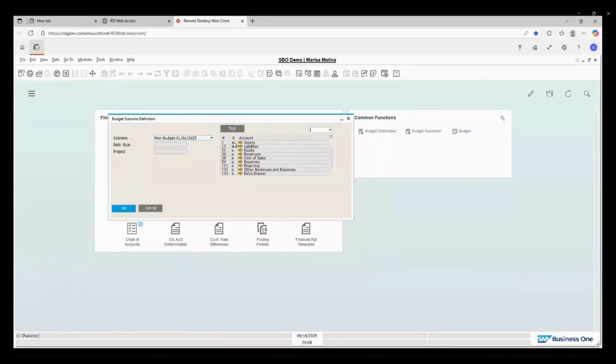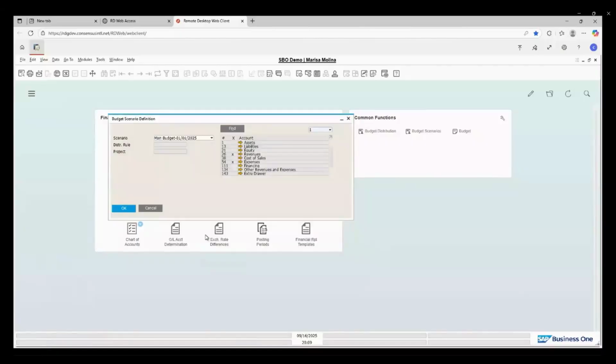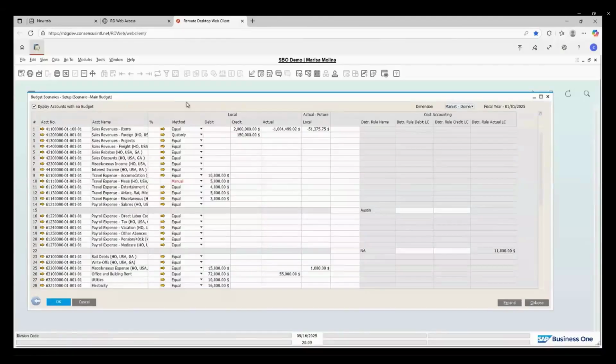Here you can define what are the accounts that you want to use, right? I could just say, no, let's go and let's do it only for revenue, cost of sales and expenses, or maybe not cost of sales. I could use this for the levels if I want to increase and actually see the accounts. Let's go back to this one. You can also find the account by code. You can do it by the natural account, the main number of the account, or you could do it by GL account. And if that is the case, just find the GL account that you will equal or in range. You can use that every time that you find this button, actually find, okay? And now, okay, so here you have it.